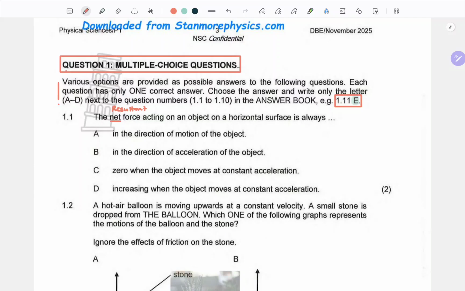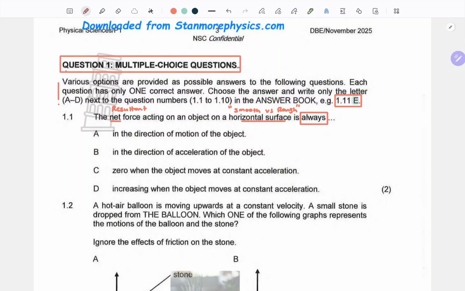The resultant force acting on an object on a horizontal surface. Now, we need to think about a smooth versus a rough surface, right? These are the things we need to consider. So don't just read questions and run into the options. Ensure you understand the opening statement. Now, this is always, can you see guys, it's not a situational kind of thing, but something that defeats all odds, essentially.